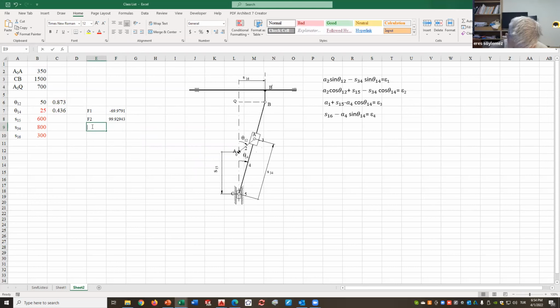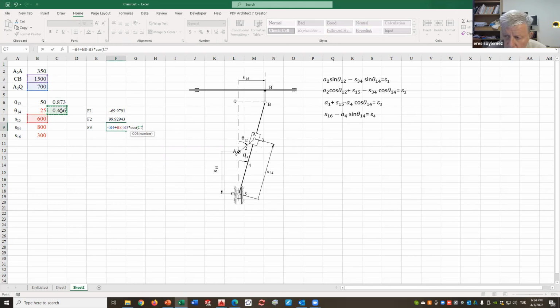F3 is equal to A1, A0Q plus S15 minus A4, CB times cosine of theta 14. This is not 0. F4